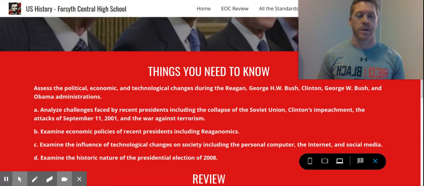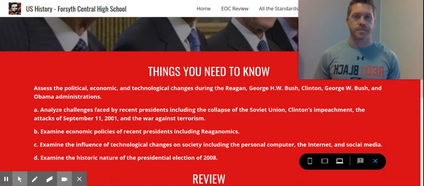So Ronald Reagan is the president mainly of the 1980s. Ronald Reagan, based off of the information in the standard, is known primarily for Reaganomics. So Reaganomics is Ronald Reagan's economic policy, hence the name Reaganomics. And this policy was meant to reduce overall government spending, to reduce income tax, and try to control the money supply. So the thought process there is if you reduce some of the government regulations and some of the government spending, then this would reduce the federal deficit and it would allow people to have more money that they could